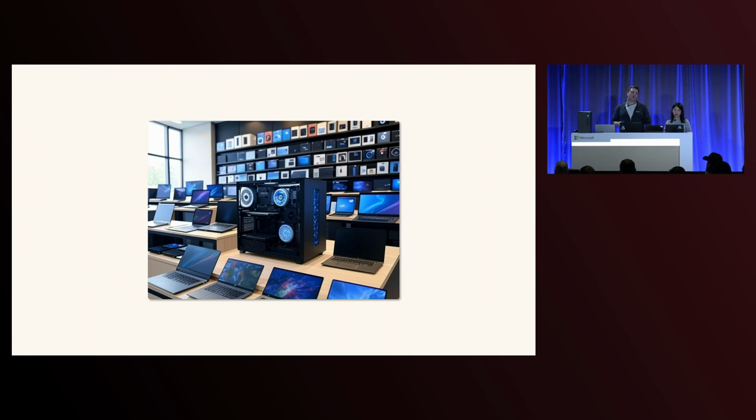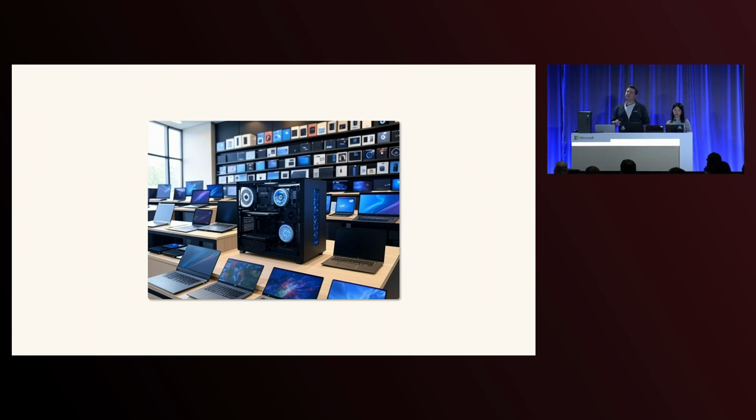It ranges all the way from $300 laptops up to powerful $3,000 desktop PCs bristling with performance and memory. And if you build your PCs like I like to build mine at home, you can go even above and beyond that. We know that when you're writing software for Windows, targeting that diversity of hardware can sometimes be a little bit challenging, and that can be especially true when it comes to AI, with all of the differences in silicon that are available.